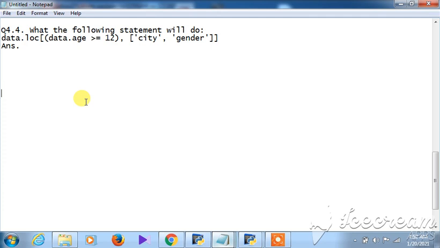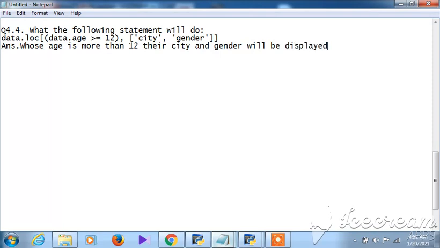That means those who are having the age more than 12, okay, the answer will be: those whose age is more than 12, their city and gender will be displayed from the given data frame. All right, so that will be the answer.